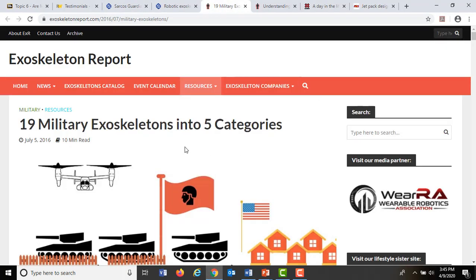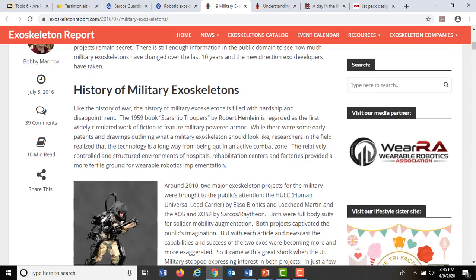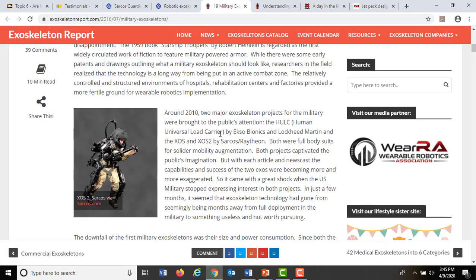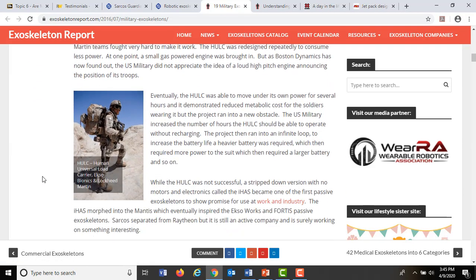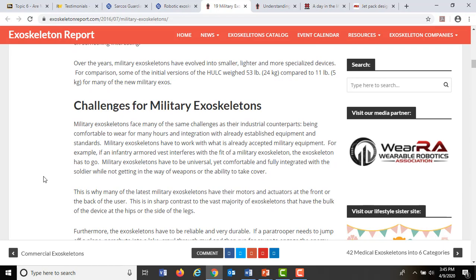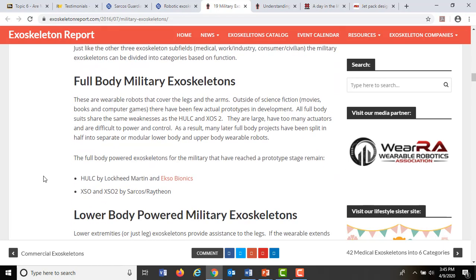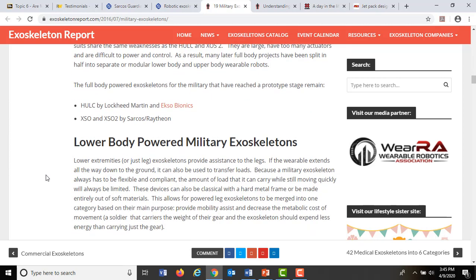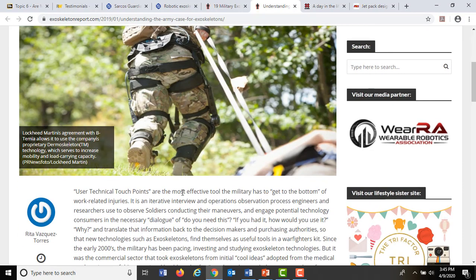It talks about, in the first one from 2016, various different ideas about how exoskeletons may help military personnel do their jobs. And that kind of gives you some knowledge about how these things might be employed. You jump over to the second one. It's a really short one. This is from January 2019. It's talking specifically about